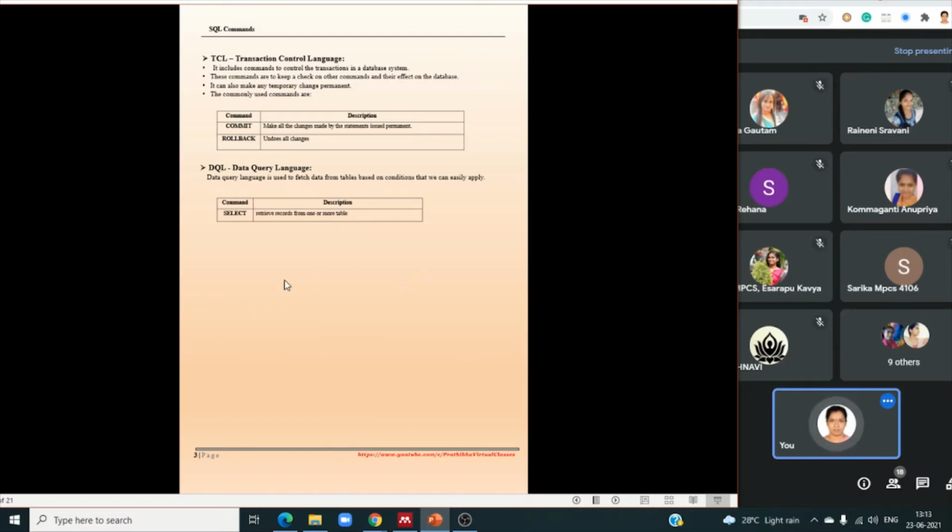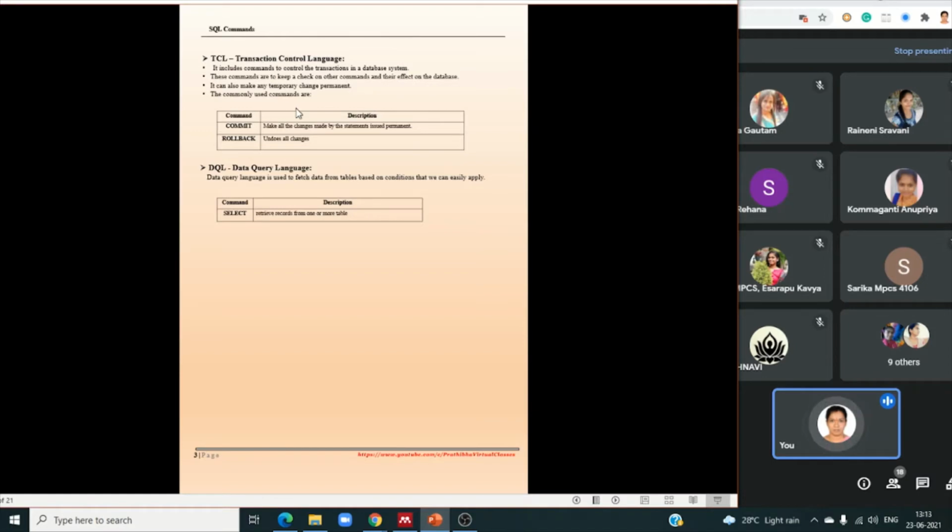And next are the TCL commands, transaction control language commands. Which include the transaction and control the transactions, as in the name transaction control. It controls the transactions of the database. These commands keep a check on other commands and their effect on the database.